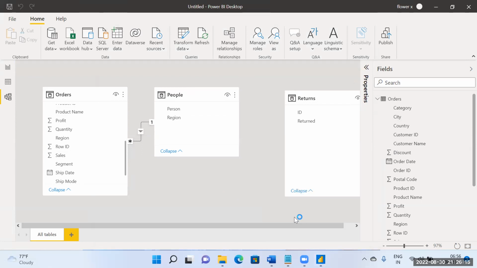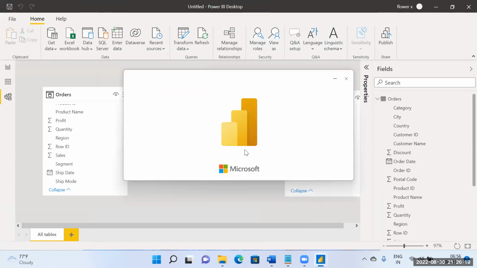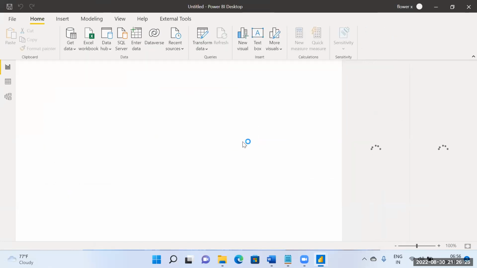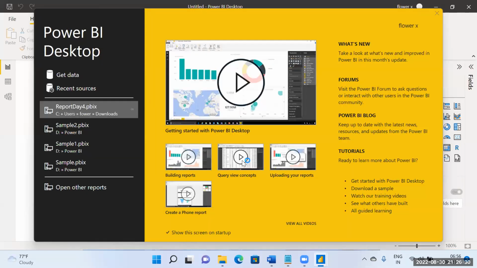Let me connect to one more data source. I was under the impression it will be bidirectional because it will make life easy. I didn't know that. In some cases we have to go for bidirectional. Got it. Suppose if you want to take something,